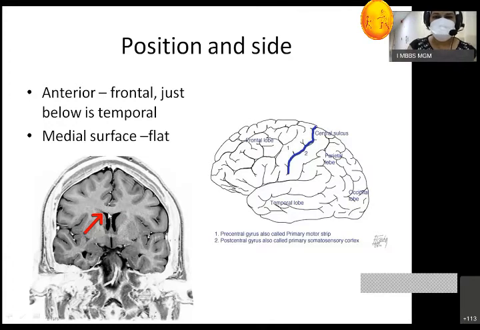Now here, these black things you can see are actually the ventricles present in the cerebral hemisphere. In each cerebral hemisphere, one ventricle is present, which is called the lateral ventricle. Below that, this is the brainstem you can see. This is a temporal lobe. This is the parietal lobe.